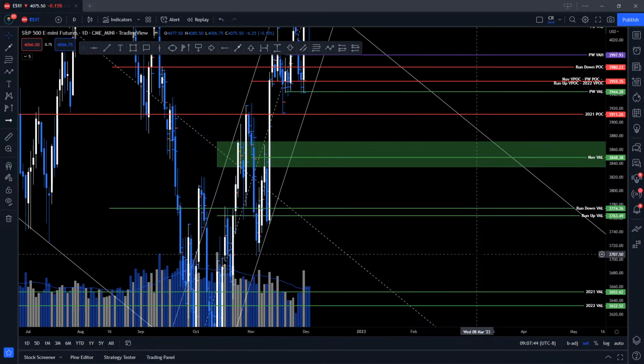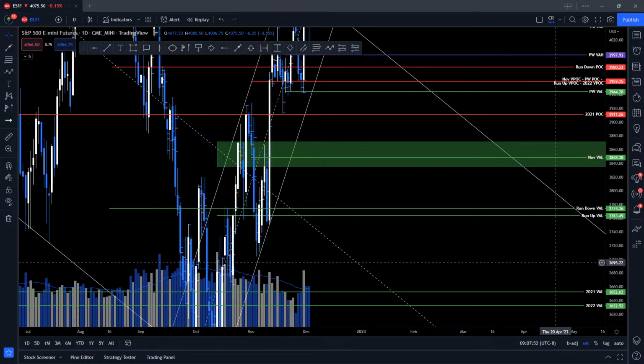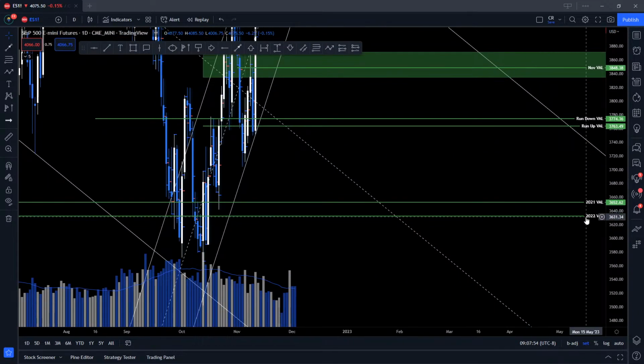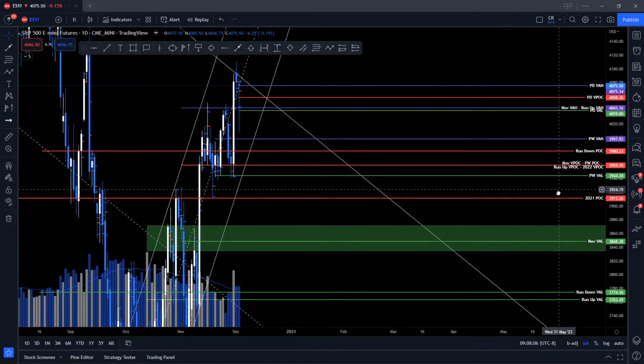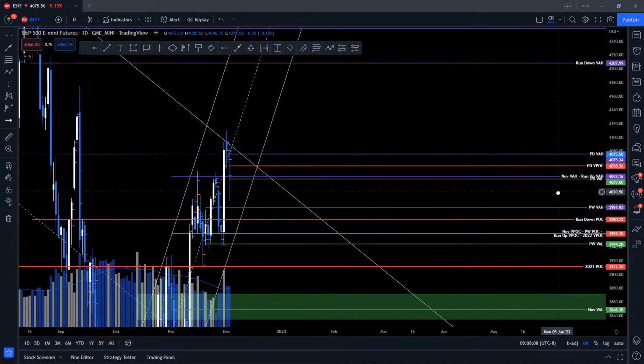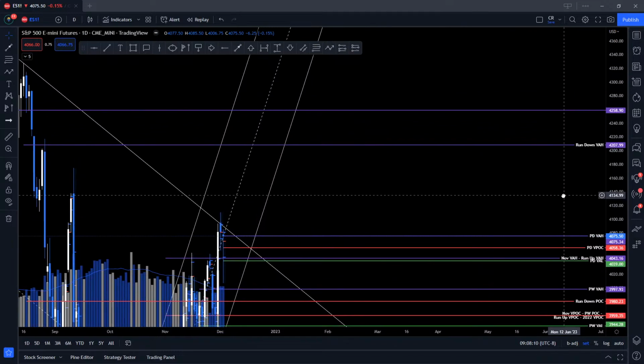Rundown value area, just in case I didn't say it, 37.74 and 36 cents. Run up value area, 37.63 and 49 cents. 2021 value area low, 36.52 and 62 cents. 2022 value area low, 36.32 and 52 cents. And then I think the only other ones I didn't mention were